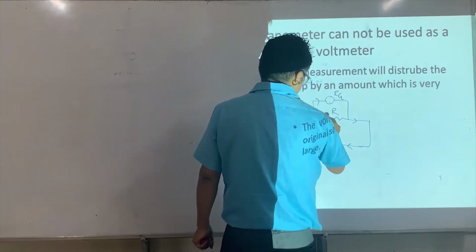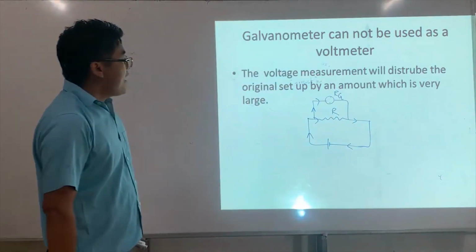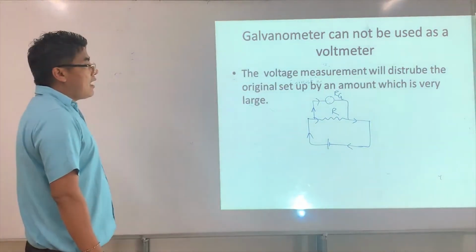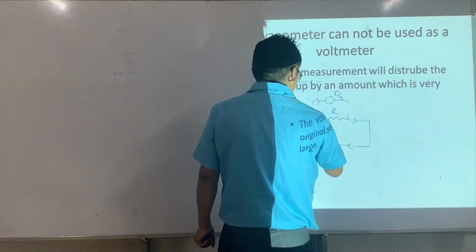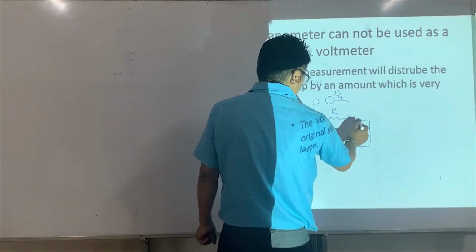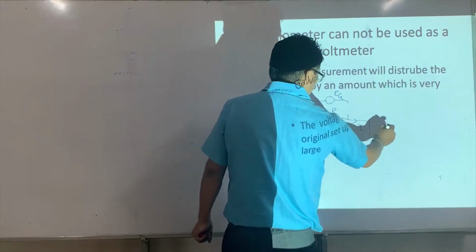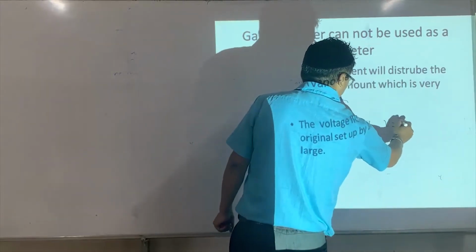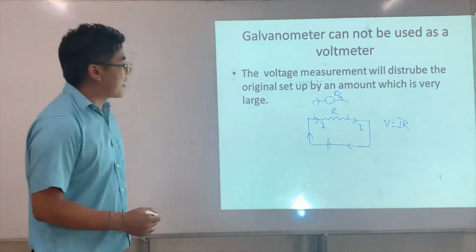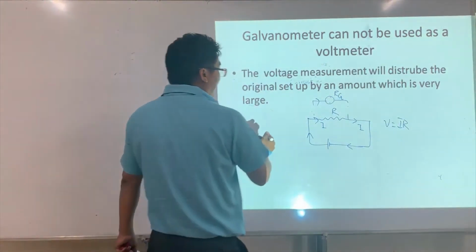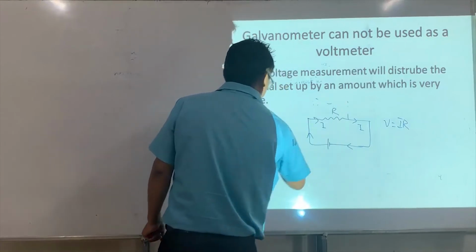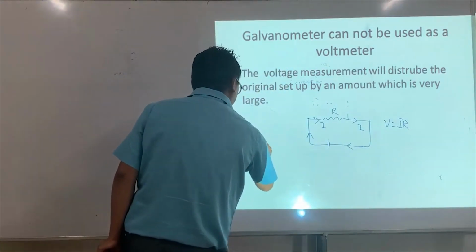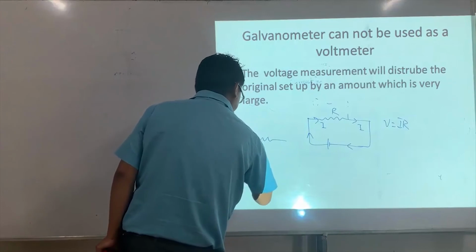And there will be a current. And look at here, before I connect this, there will be current I, and voltage is equal to IR before I connect. Alright, and when I connect, now when I connect a galvanometer to measure voltage,